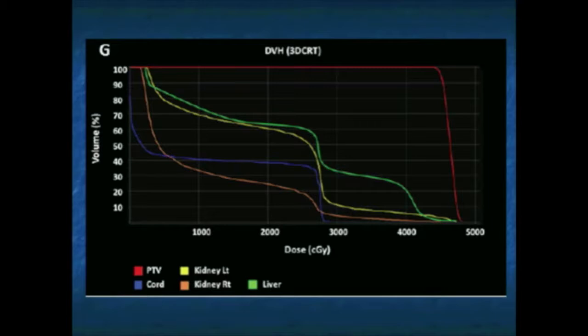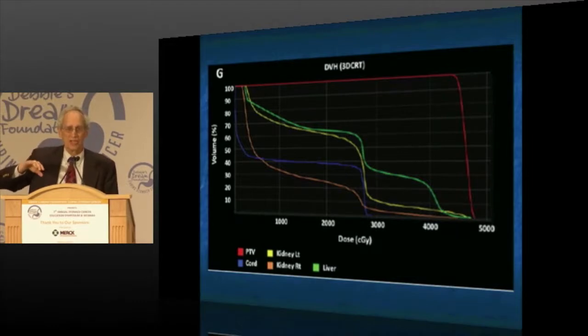And then we calculate within the computer. We actually make 3D models of these patients on the computer and then calculate radiation doses. And then we make plots. What these plots are showing is how much dose the tumor gets and how much dose various normal tissues get. That red line at the top is the tumor, so we want that at the top so it gets high dose. And the more you go to the left and to the bottom, the better it is, the less dose that normal tissue is getting. Green is the liver, it's getting a somewhat higher dose, and you see the kidneys are in yellow. And by looking at metrics such as this, we can define what dose normal tissues are getting,